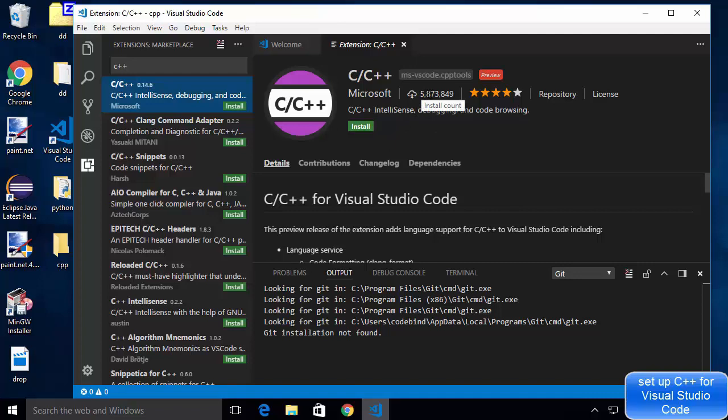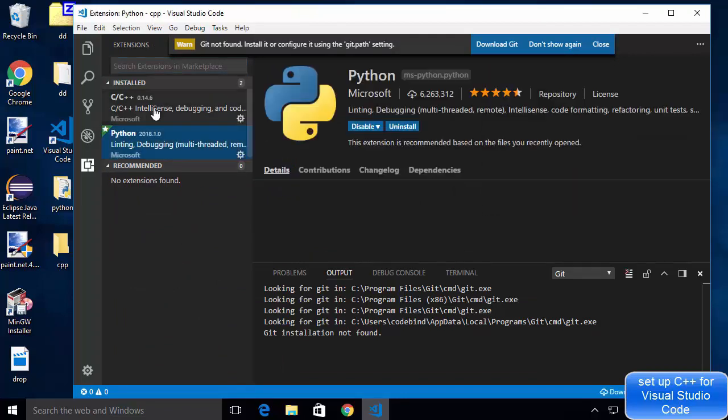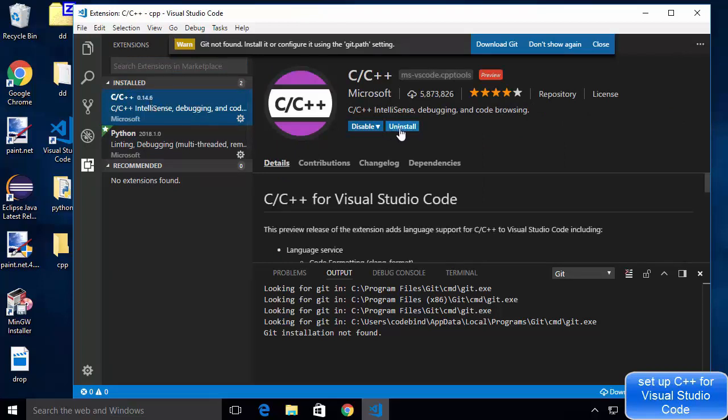You can see about 5.8 million downloads, and it's from Microsoft. So you just need to click on this install button, which is going to install this extension. Once it is installed, you just need to reload your Visual Studio Code, so just click on reload. I have clicked on the reload button and my Visual Studio Code has been reloaded. You can see this extension has been installed, and now I can see the uninstall option for it. So now I have the C and C++ extension.